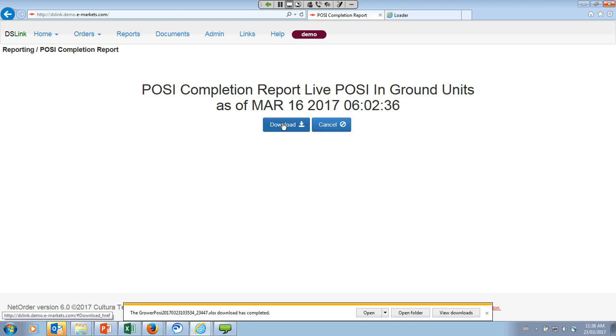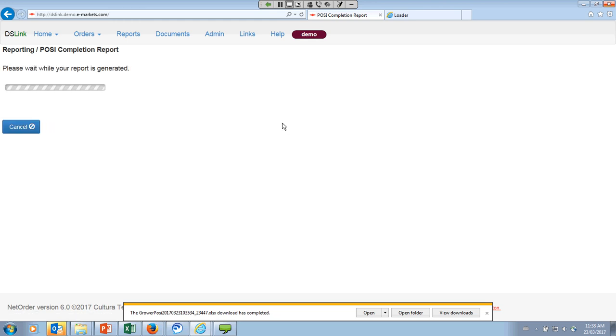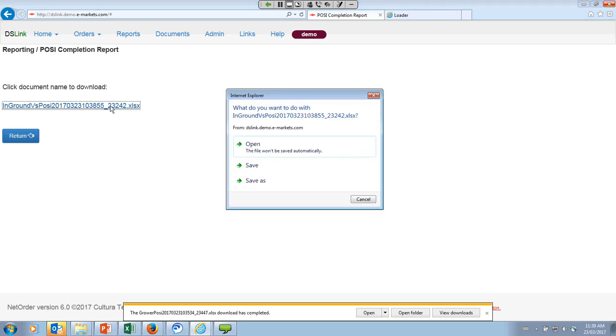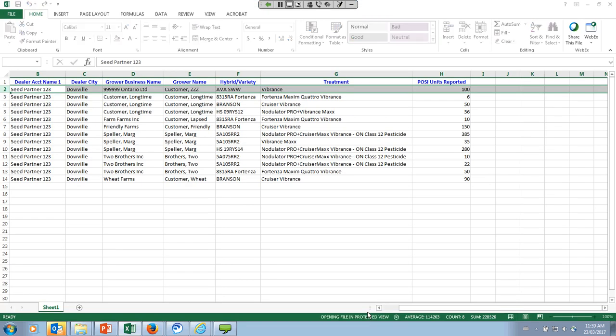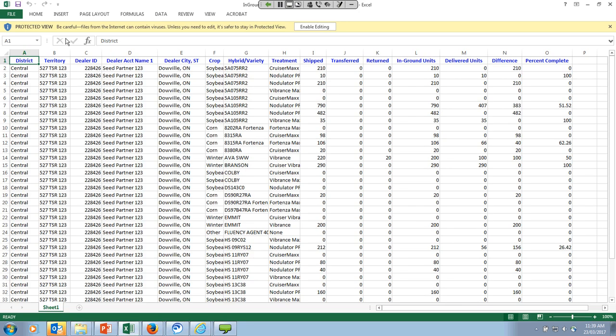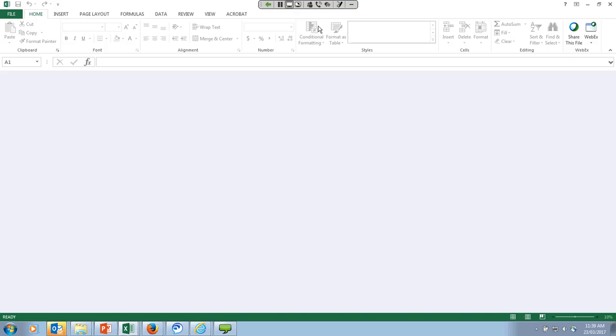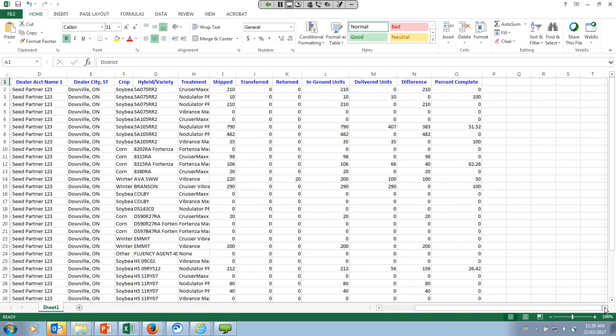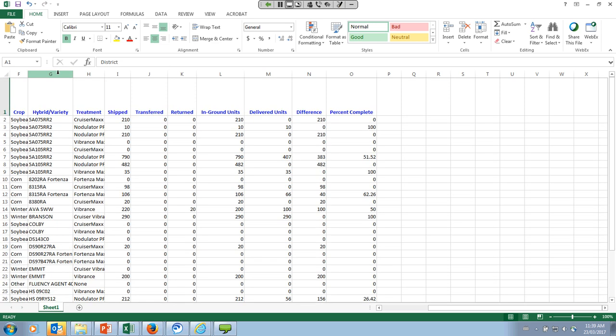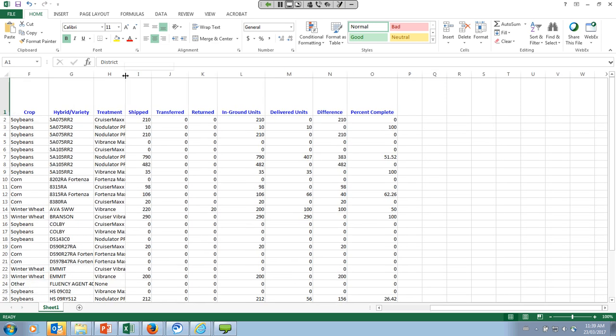So again, it's got the download defaulted to Excel. It's a live report, so it might take a little while to generate. You click on it, and this time I'm going to choose the Save option. So I'm going to click Save, and then just open from my prompt down here. Again, it opens in protected view. I have to enable editing. So this report